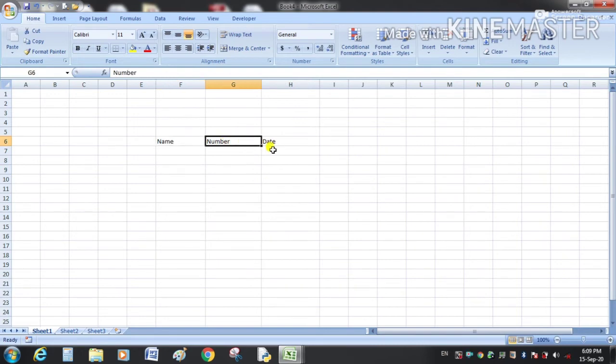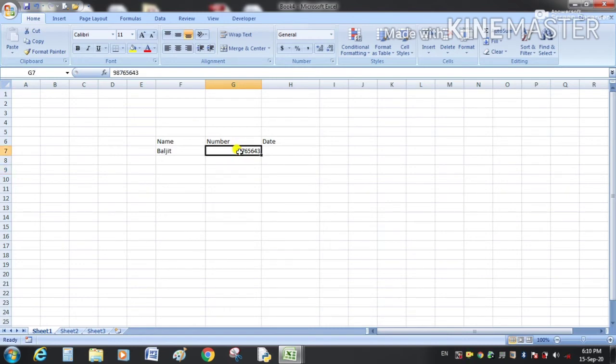By default, text is left aligned. The alignment of the text within a cell is left aligned. For example, I am writing my name here, so again it is left aligned. Number, suppose it is my phone number. So number is right aligned.